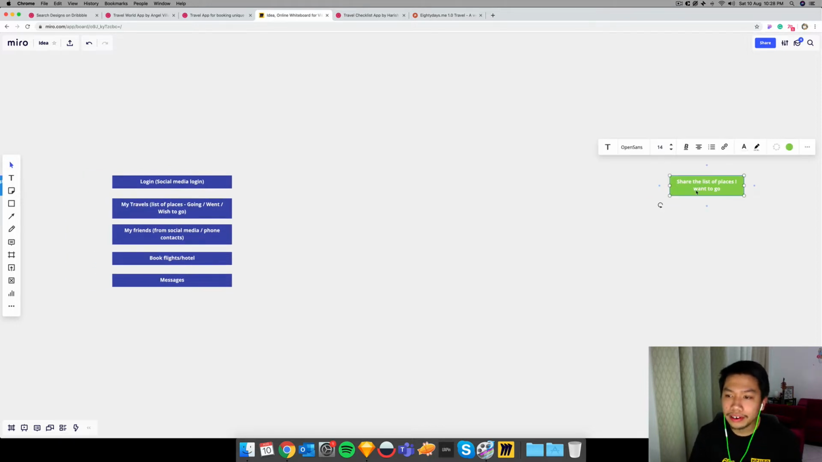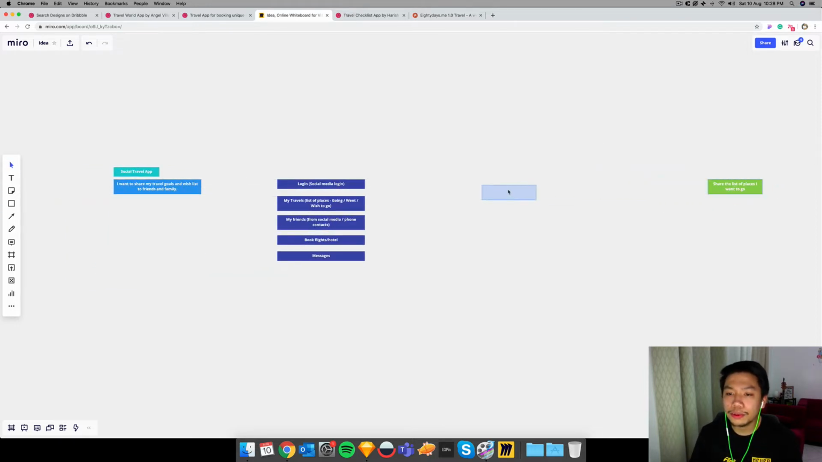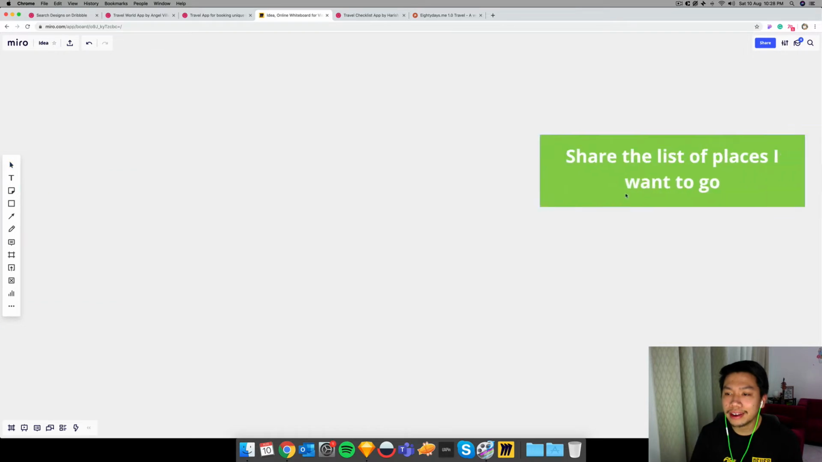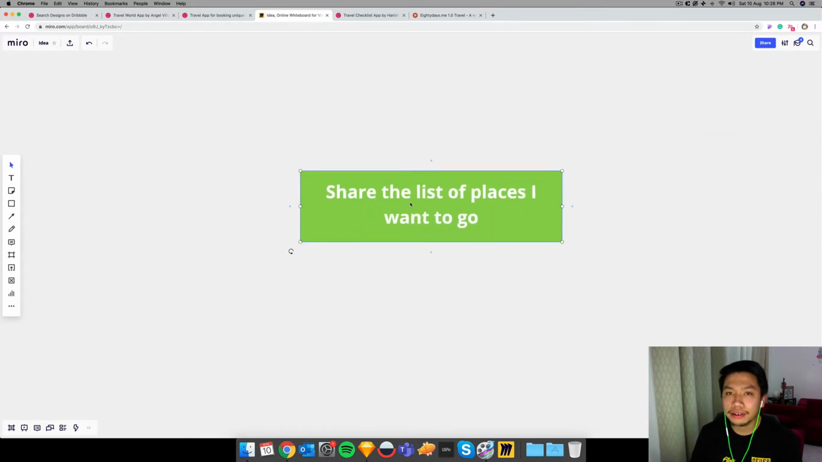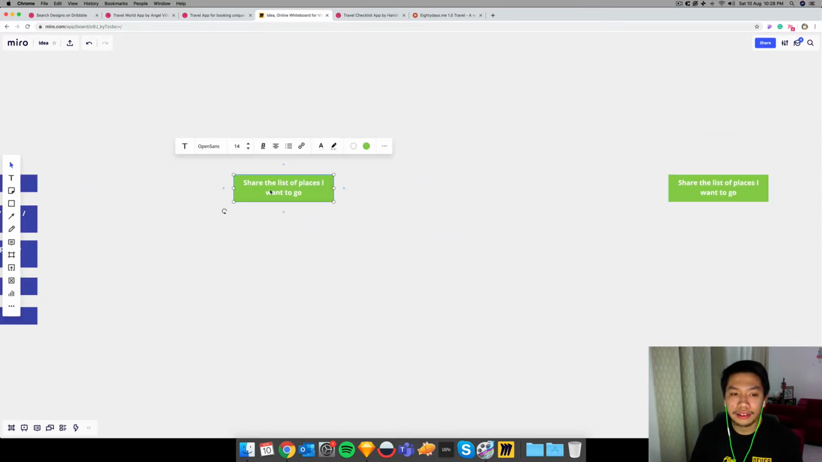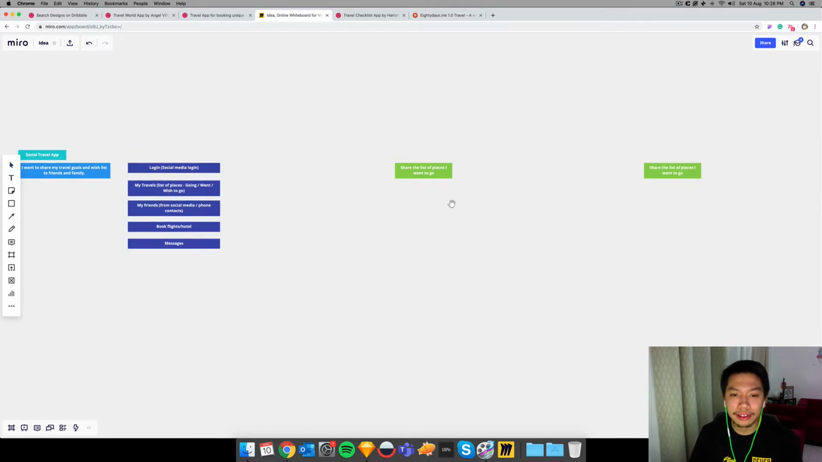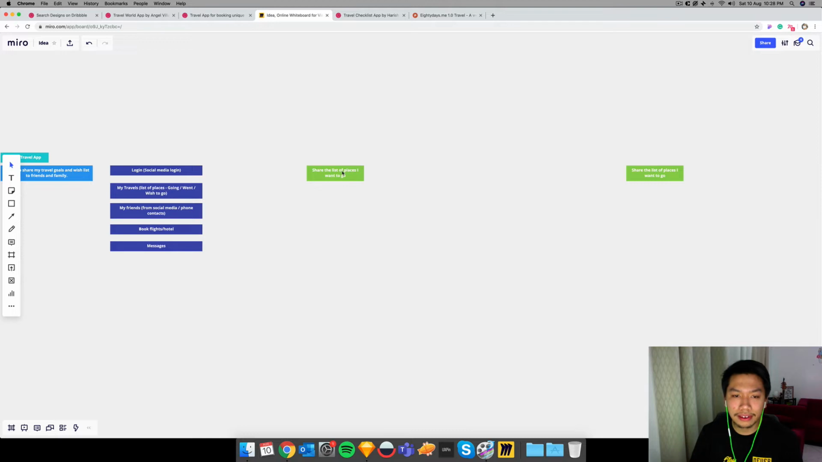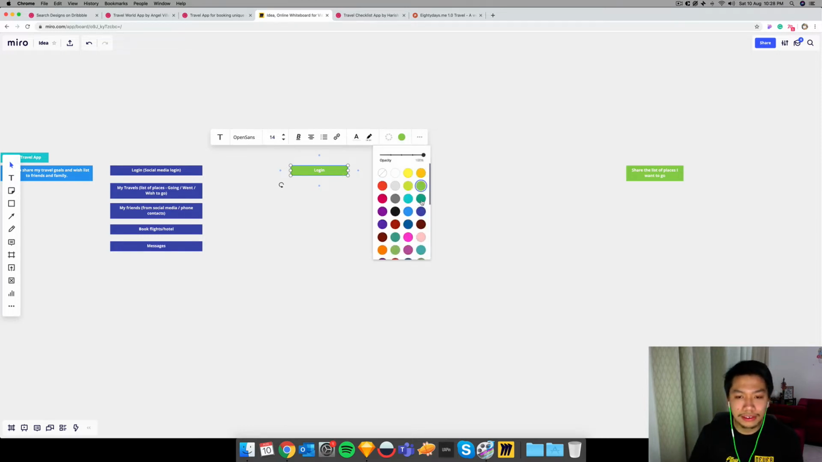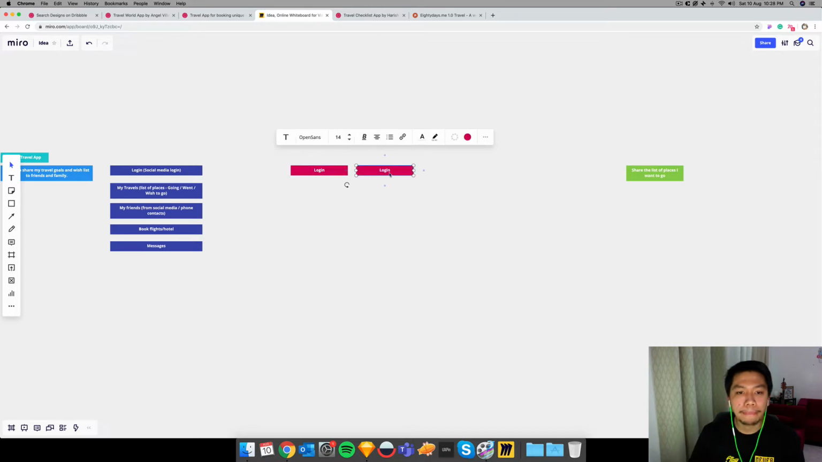So what are the steps they need to do in order to have this end goal? And that is our user journey, right? So first, of course, they need to log into our app. So I'll just change its color. So let's say this one. They need to log in and then